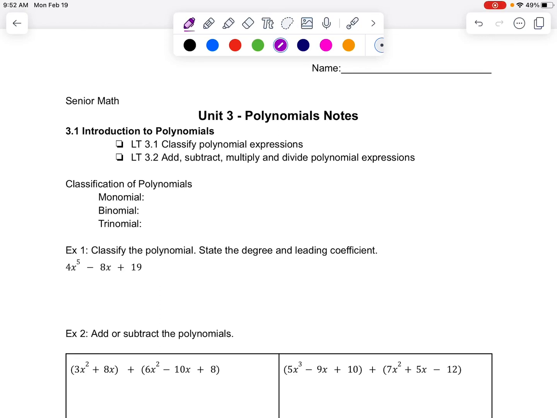We're starting a new unit over polynomials. Today we're going to be talking about 3.1, the introduction to polynomials. We have two different learning targets. The first one is to classify polynomial expressions, and then the last one is to add, subtract, multiply, and divide